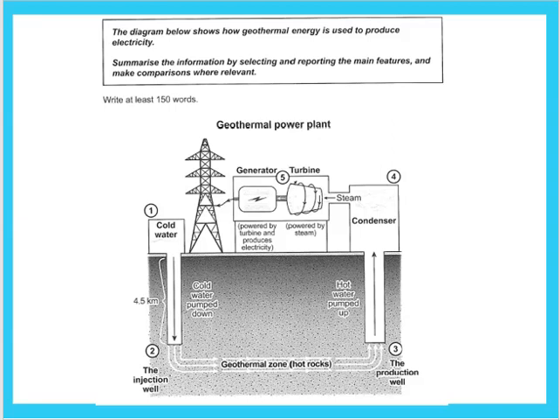And can you see that below this question prompt there is one instruction given to you? Summarize the information by selecting and reporting the main features. As such, you are not supposed to give details of everything you see. You are just going to highlight and describe the process so that it is understandable to the reader, and make comparisons where relevant. So making comparisons is definitely important because it shows your ability to connect the ideas and to sequence them one